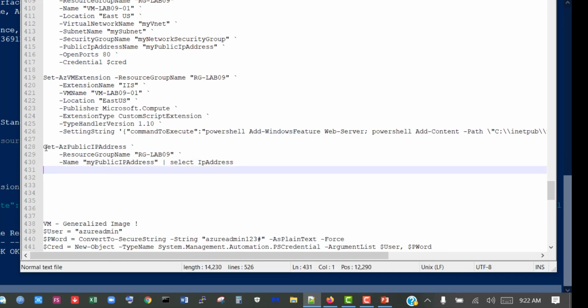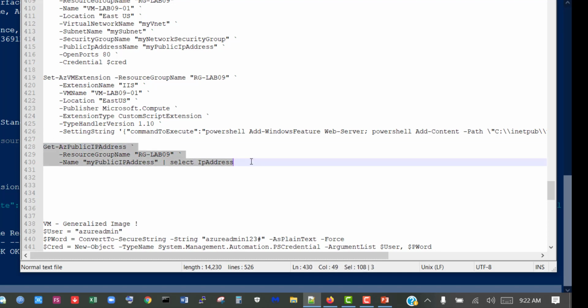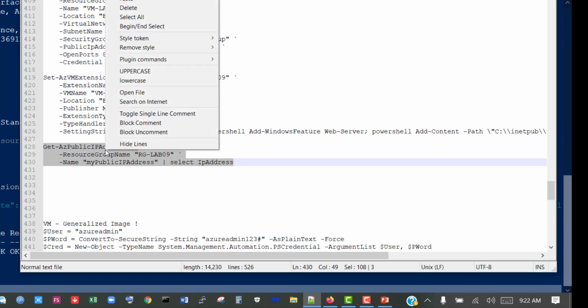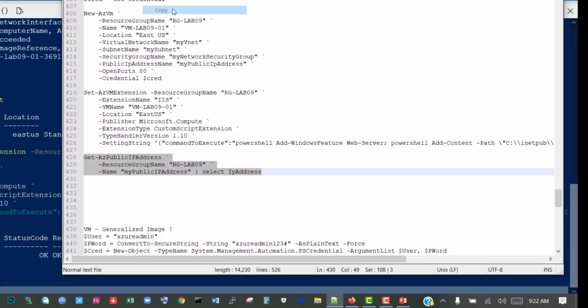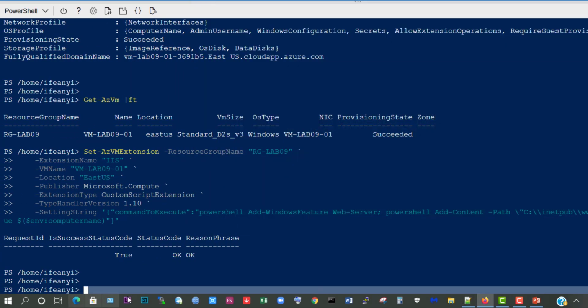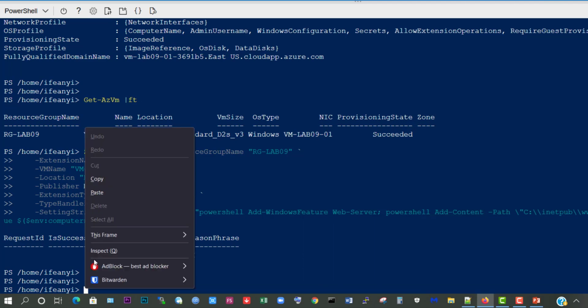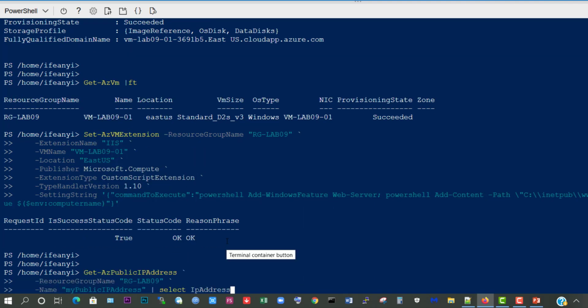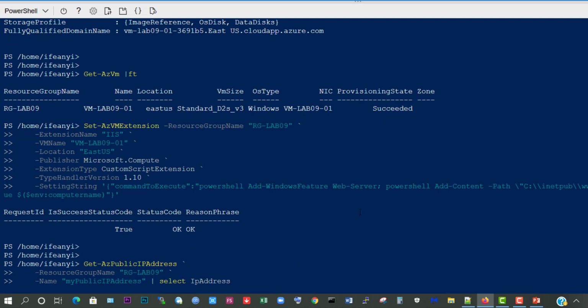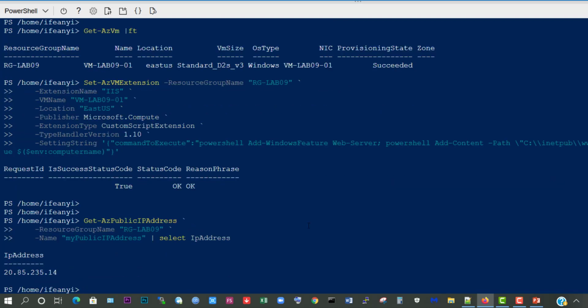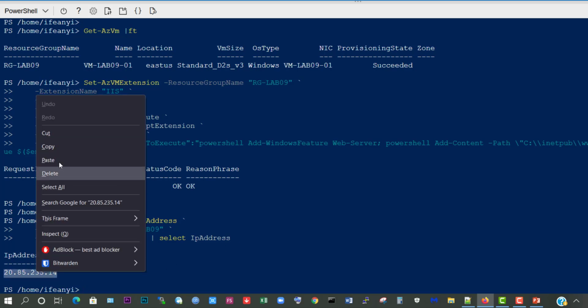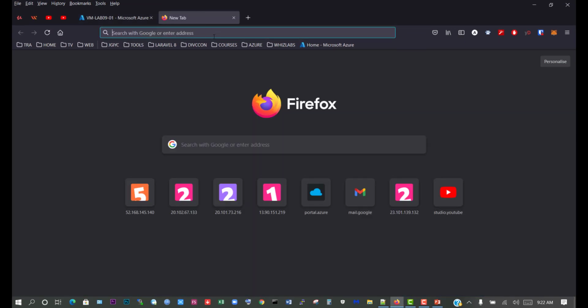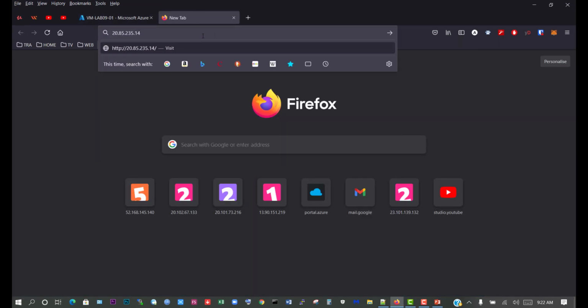and the name is my public IP address, and we'll select the IP address. So we're going to copy that, and we'll come back to run it here, paste, and enter. And now we have the IP address, which is what we have in the portal. So I'm going to copy that, come back here and paste that,